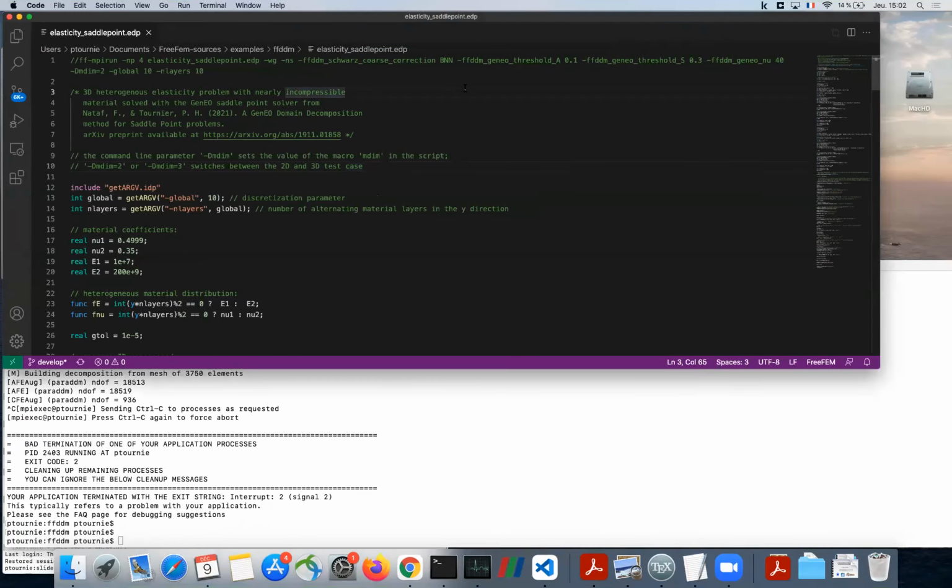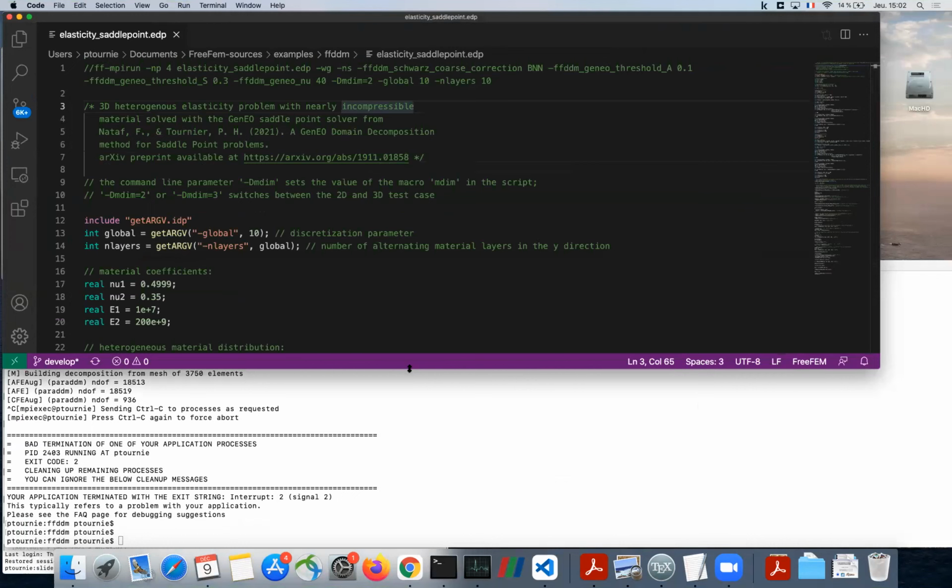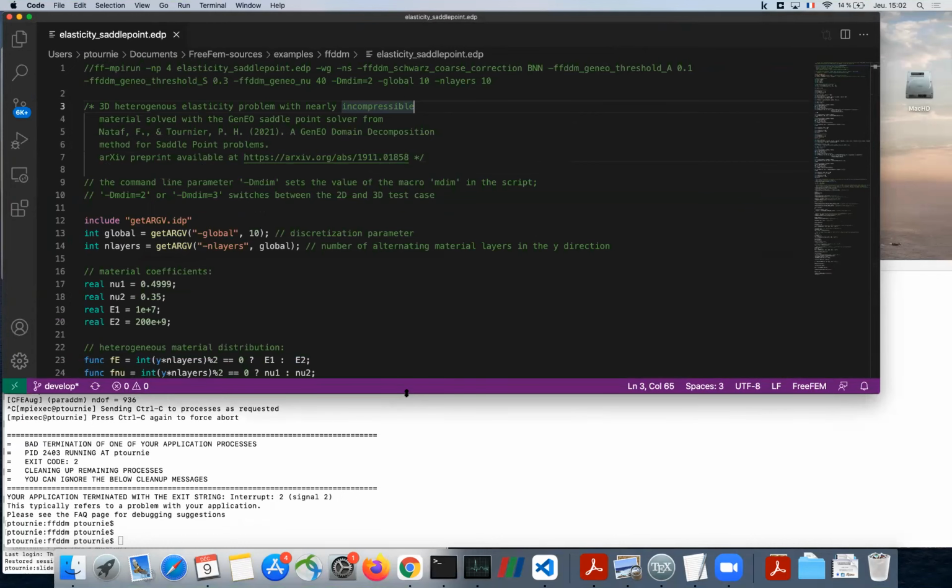Okay, so I will quickly go over the FFDM script. Basically, here we use FFDM, which is a set of parallel FreeFem scripts, in order to prototype and test, I guess, new domain decomposition methods. It has decent performance, but it's nowhere near the performance of PETSc, HPDDM, and so on. So this is the first version where we prototype the method, even though it still gives decent parallel results